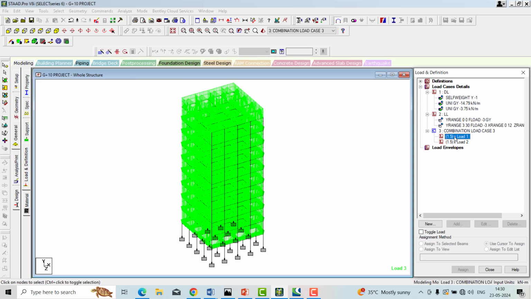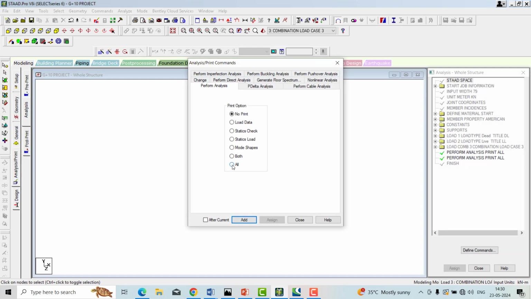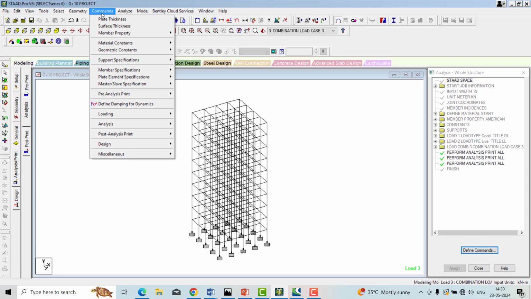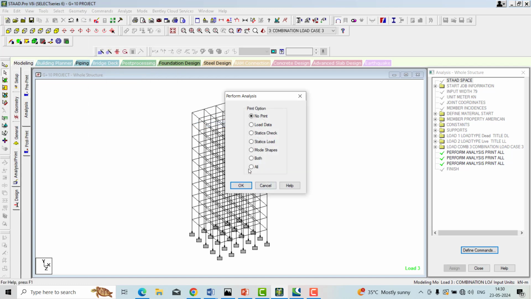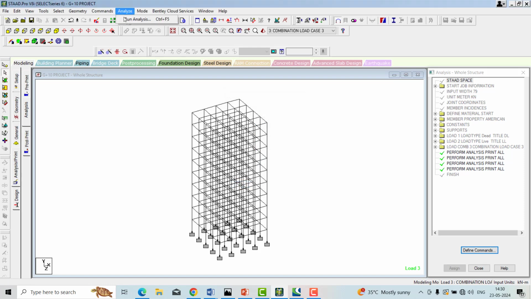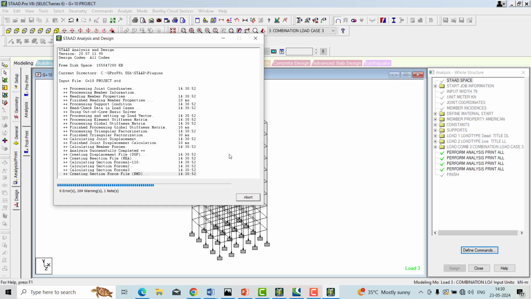So this is 1.5 into load 1, which is your dead load, and 1.5 into load 2, which is live load. Once you are done with the combination, again click on the analysis, all, add, close, or else click on the command analysis, perform analysis, all, OK, analyze, run analyze and then save it.